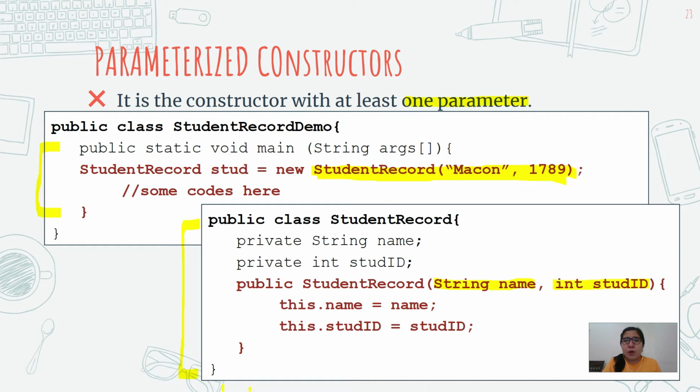In declaring for constructor, you should need your access modifier and the name of the constructor. And that name of your constructor should be similar or same to the class. So dito, ang example natin ay ang class ay student record. Therefore, ang pangalan ng inyong constructor is also student record. Ang kaibahan nito sa mga methods like mutator and accessor is wala siyang return type na ginamit, katulad ng void